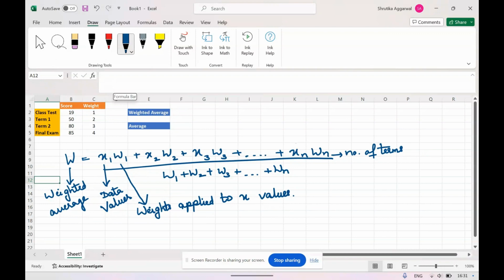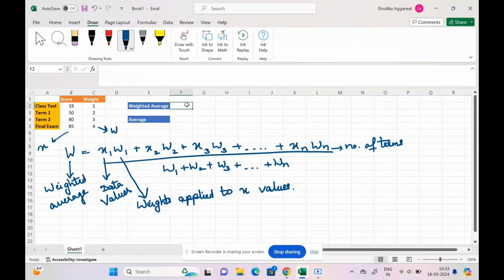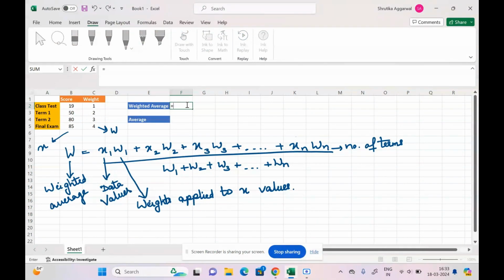According to the table shown over here, X is the scores and W is the weight. Now let's start with a formula in Excel. To calculate the weighted average in Excel, we will use this formula. We say is equals to, bracket open, x1 into w1,